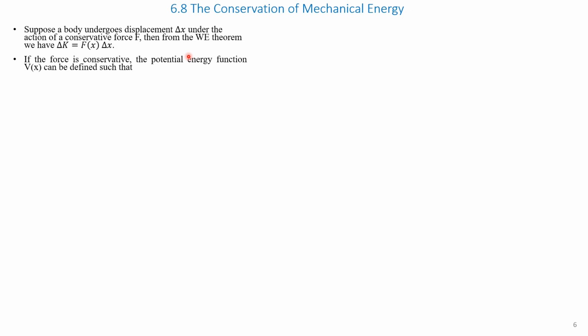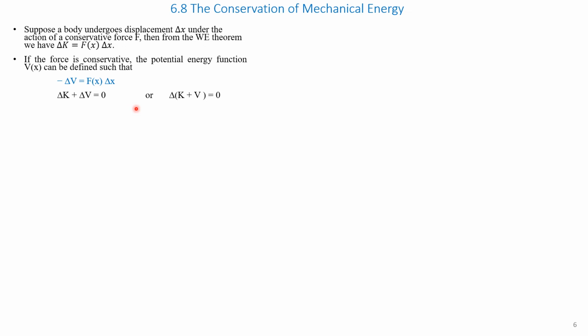Therefore, if the force is conservative, the potential energy function V of x can be defined such that minus delta V is equal to F of x into delta x. Therefore, from equations 1 and 2, we get delta K plus delta V equal to 0,